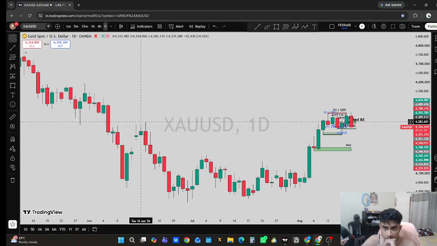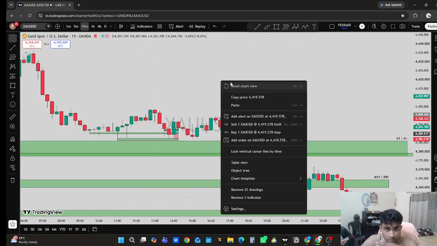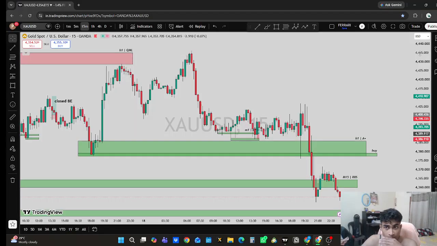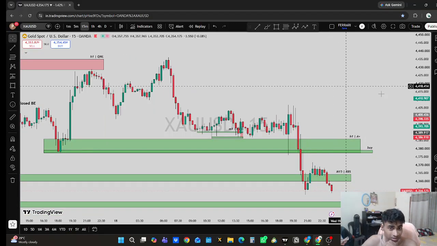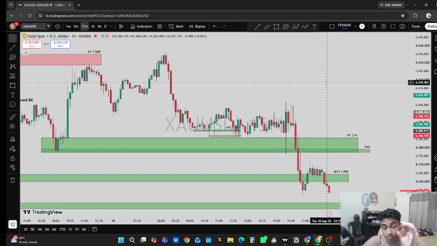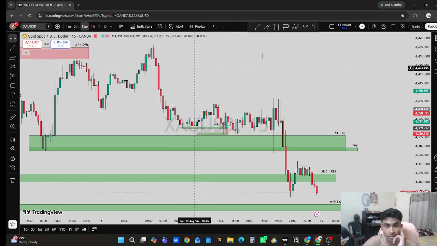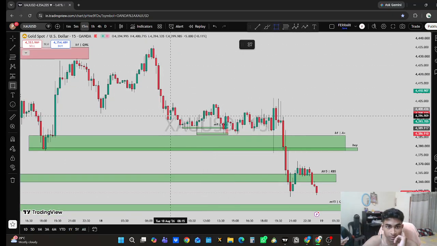See, head over to the daily, and right here, it could give a change of character today. If today closed bullish, it would have given a change of character, but it didn't. So we were expecting the market to give a bullish change of character today, but it didn't. So that's why our main point of view should have been bearish. And if I were looking for some bearish trade, then here is the one single A plus. This is a valid retracement from this impulse.